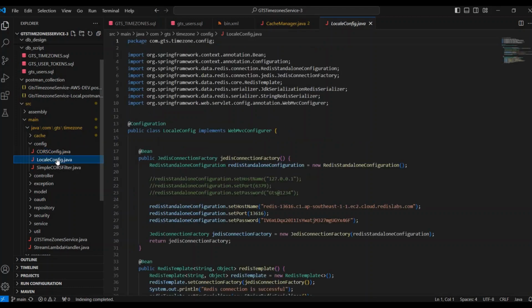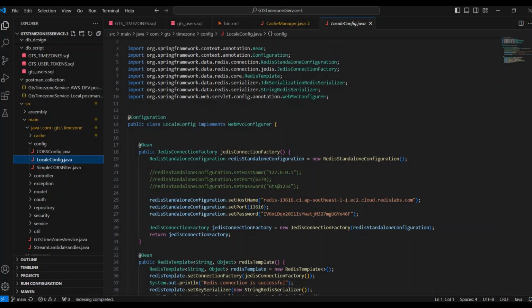The next one is local configuration. Local configuration is responsible for setting up a connection to Redis using a Jedis connection factory. So here we implement the WebMvcConfigurer. It indicates that the class provides additional configuration. WebMvcConfigurer helps to provide additional configuration for Spring MVC. Here we are creating the